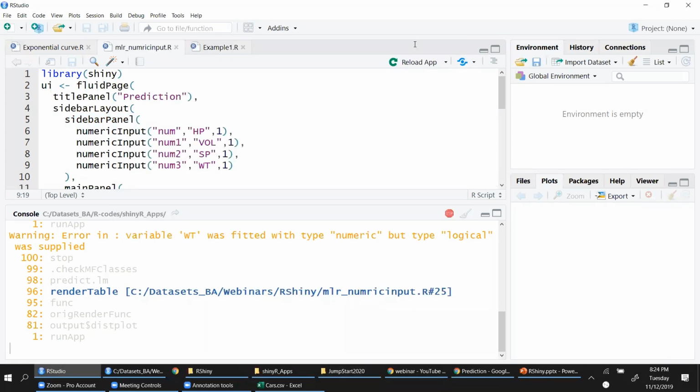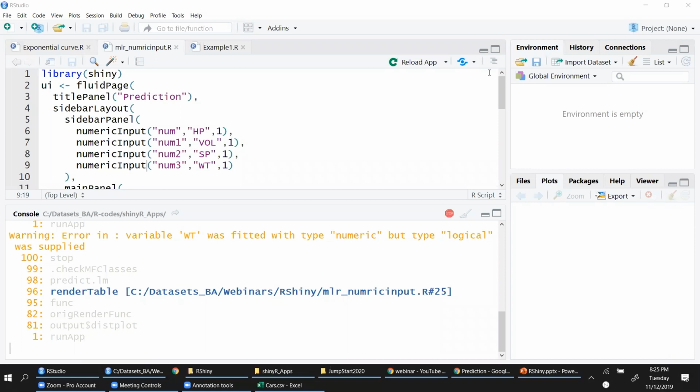And see, there's always a trade-off. There are a few communities which still refer back to R. There are a few communities which are taking Python up. Both are equally important, and in my next webinar, I will be talking about a similar kind of web framework that can be used on Python code. By default, it is Flask, which we use. So I'm going to talk about Flask in my next webinar.